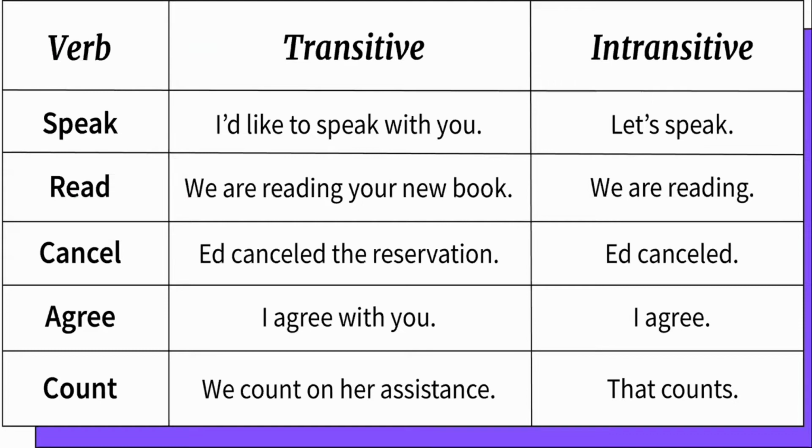हैन इन्ट्रान्जिटिभ भर्ब भयो। रिड कसरी, रिड चाहिँ ट्रान्जिटिभ एन्ड इन्ट्रान्जिटिभ हुन्छ र we are reading your new book, right? Reading your new book. Here is a complete phrase, right? So here, new book is an object, right? But we are reading, right? Similarly, cancel, agree, count, all these are action verbs. These can be used in both ways, sometimes transitive and intransitive